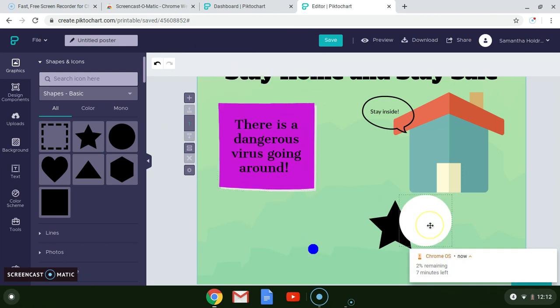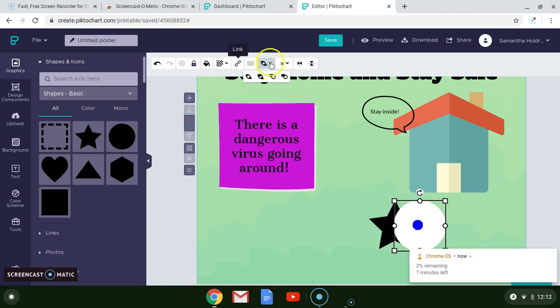Now, see how my circle is on top of my star? I want to make my star on top of my circle, right? So instead of the star being blacked out, I want the circle to be. If this ever happens to you, you're going to click one of them. I don't even think it really matters. Then you're going to come up here to this thing. I don't even really know what this is supposed to look like. But you're going to click